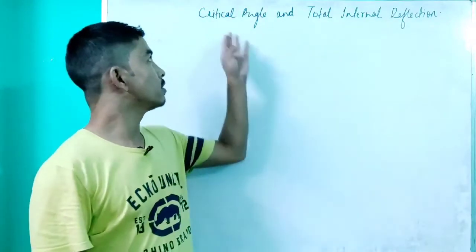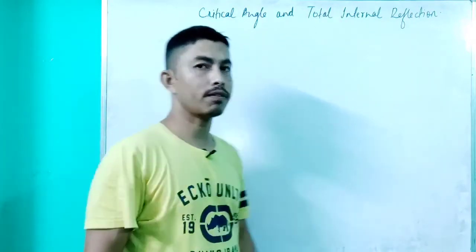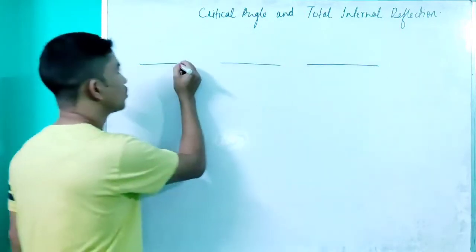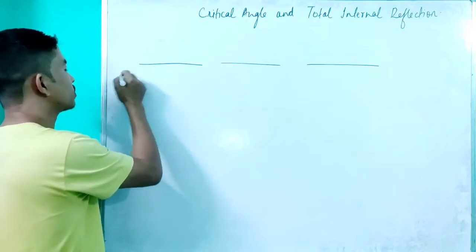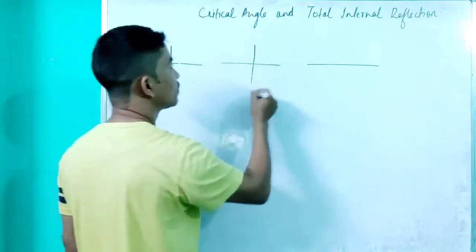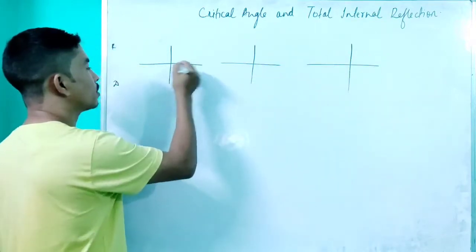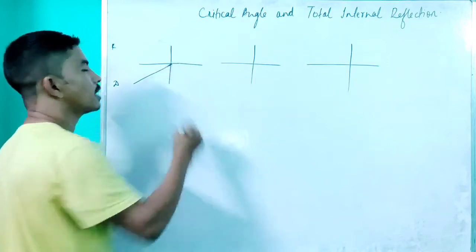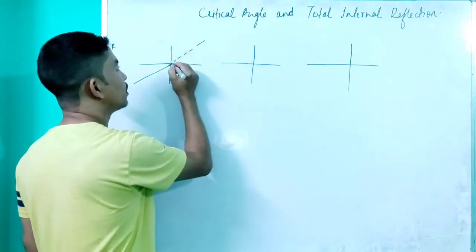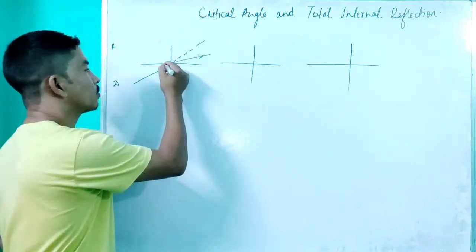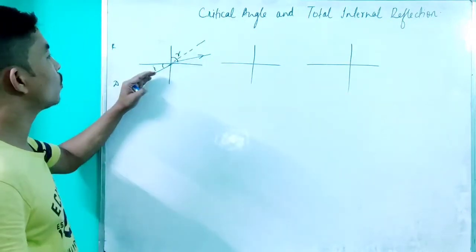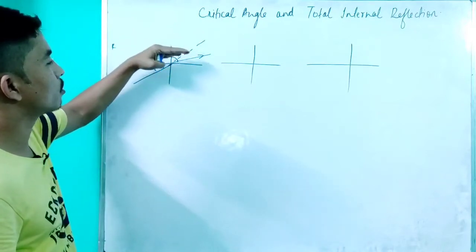So the next important topic is the critical angle and the total internal reflection. Let us consider 3 cases, 1, 2 and 3. In each of the cases, let the ray of light be travelling from a denser medium to the rarer medium. Whenever a ray of light passing from one medium is incident at the refracting surface, instead of going in a straight line, it will bend away from the normal. We also know that with the increase in the angle of incidence, the angle of refraction also increases. So if you go on increasing the angle of incidence, the angle of refraction will go on increasing.